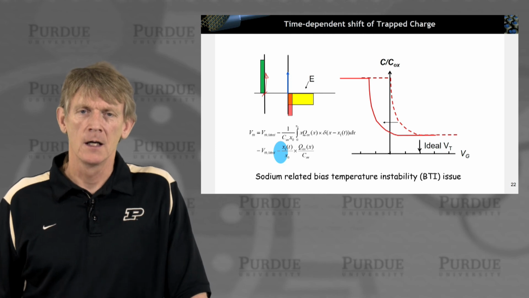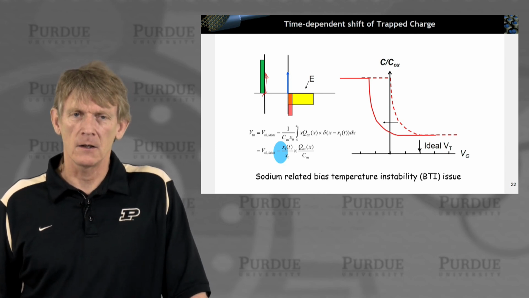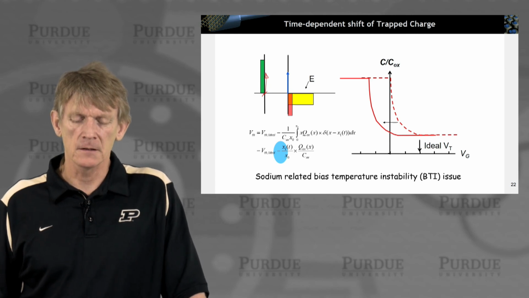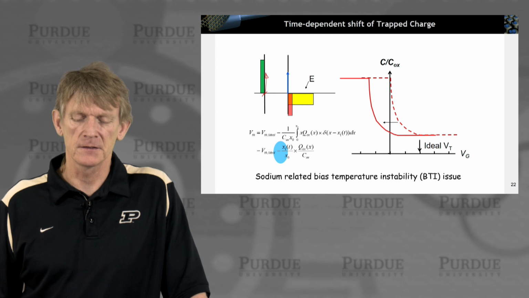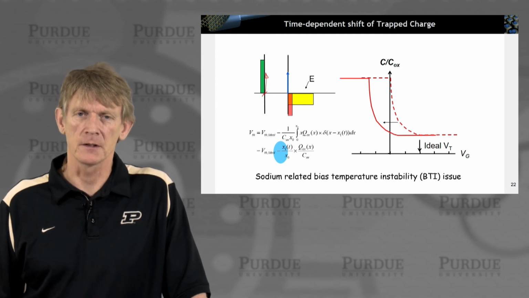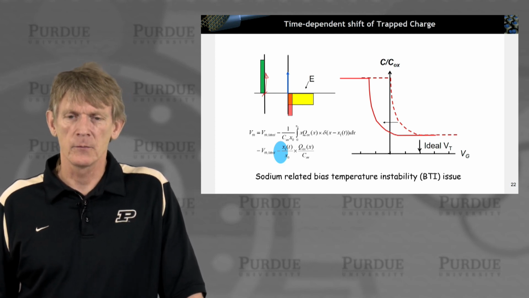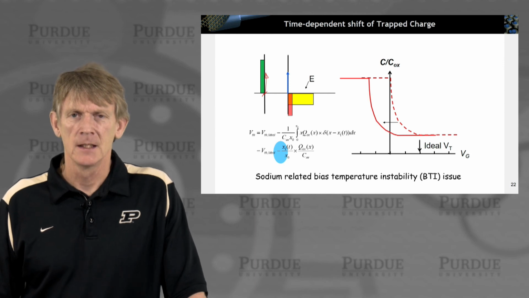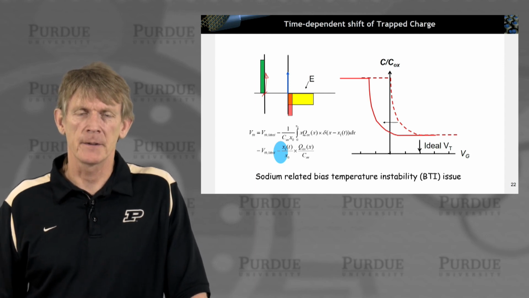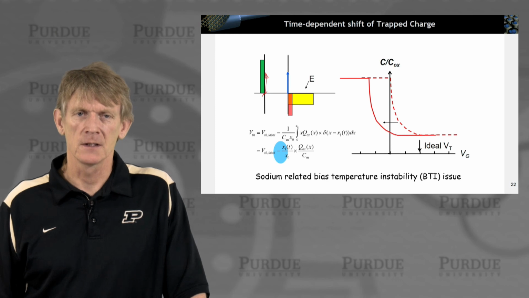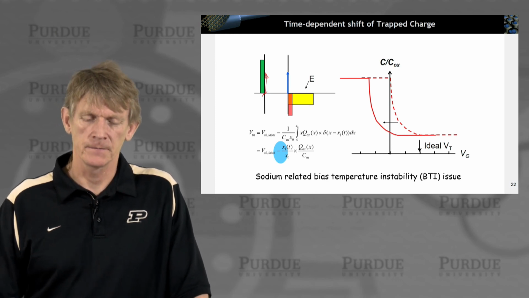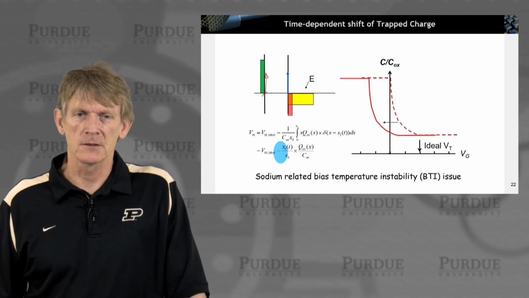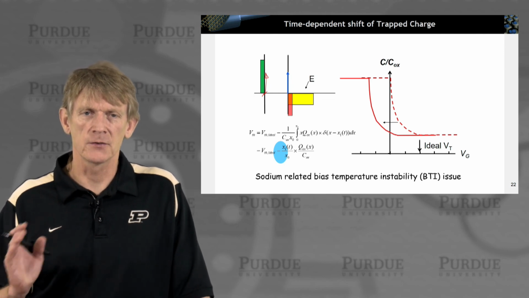So sodium in an oxide is so small that it can create this bias temperature instability issue that you can read up further. So having sodium in your semiconductor is a terrible thing. It's a small atom, the ion is positive, and it'll migrate through the oxide depending on the bias conditions of your structure, okay? And think about it this way, you design a transistor to have a certain threshold voltage